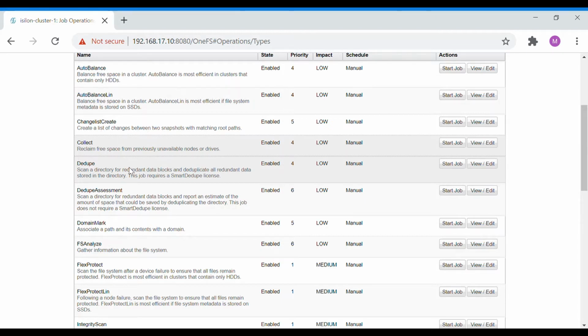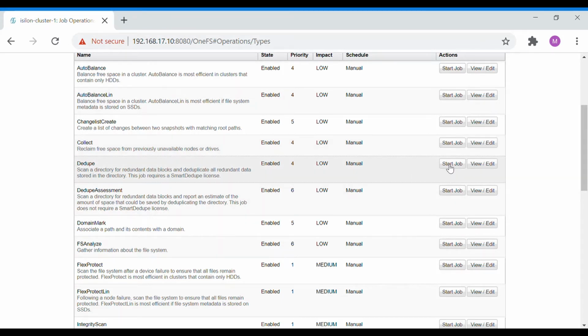All the feature-supported jobs require a license, because to run that particular job you need that particular software's license. So for this dedupe you will need a dedupe license, as this is a full run job, and it has a priority of 4 and impact level as low.